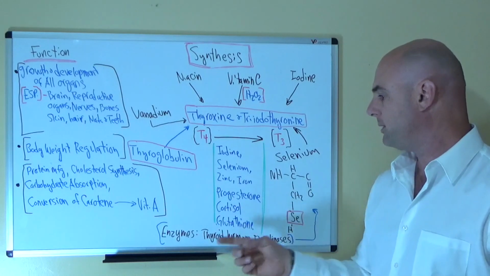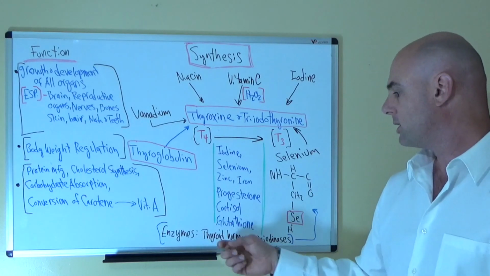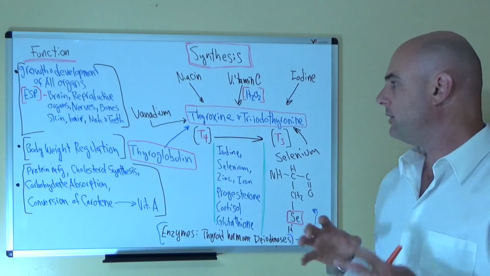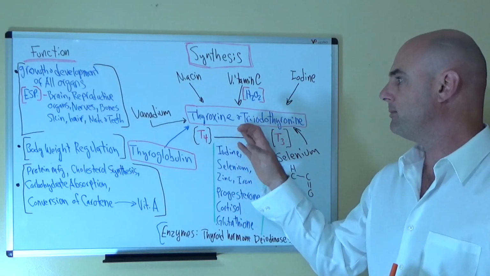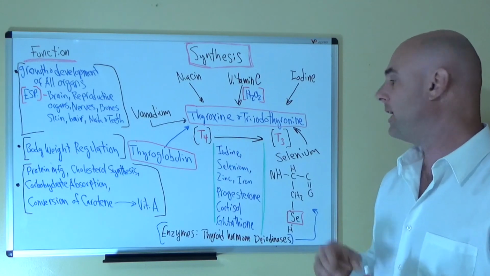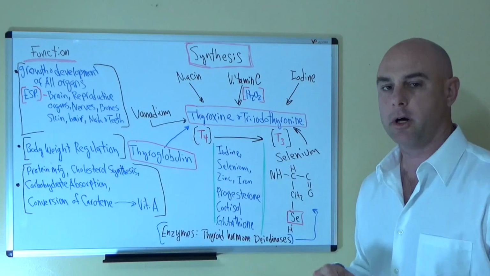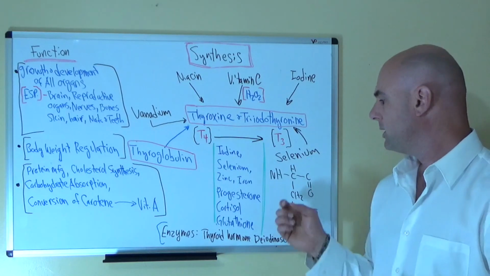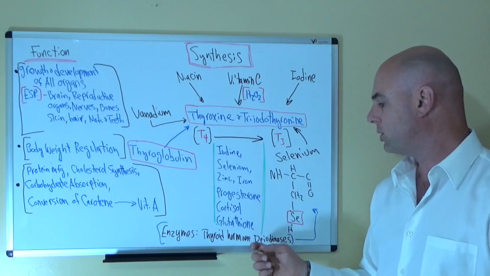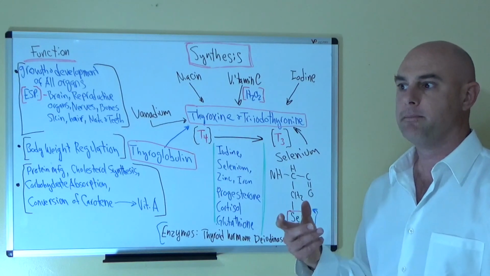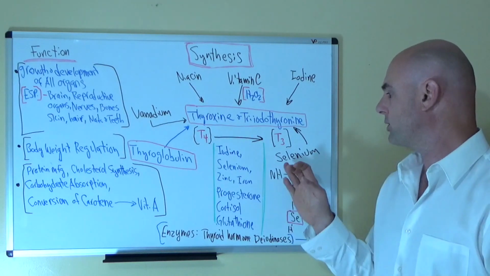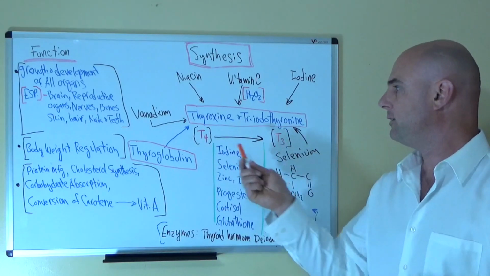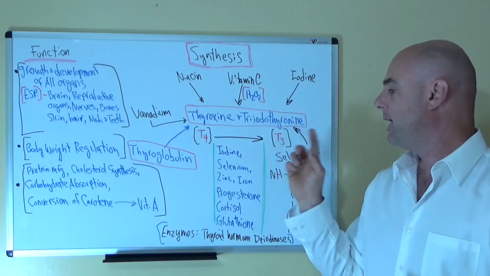And in fact, there is a group of enzymes called thyroid hormone deiodinases, and they're responsible for creating thyroxine and triiodothyronine, and they actually have a modified amino acid that uses selenium right here. So this is necessary for these enzymes to function correctly. So we need selenium,